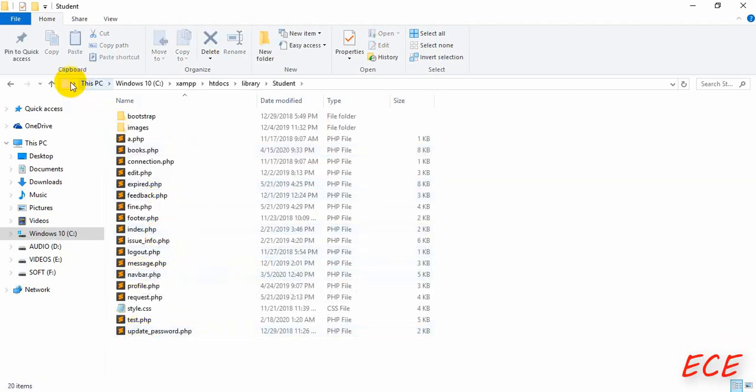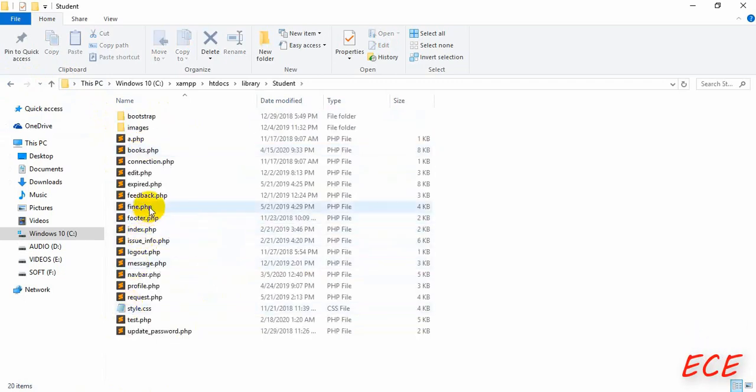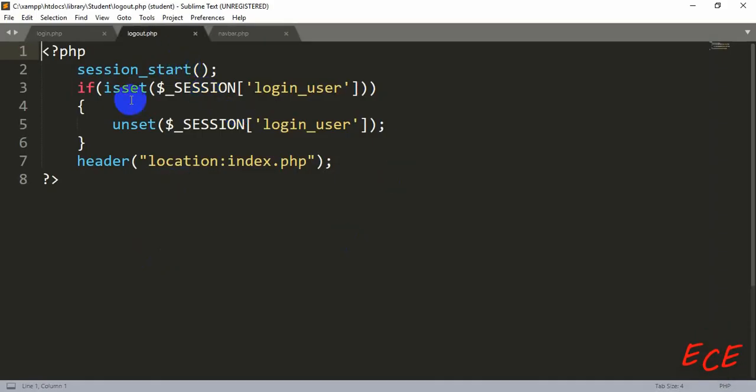We are actually here inside this page, but from there we need to direct them. If a student logs out, they will be outside the student folder, inside this library folder. We need to direct them to this index.php page in this folder, not inside the student folder, because if a person logs out then they want to log in again, our login file is outside the student folder. That is why we need to redirect them outside that folder, and for that we need to